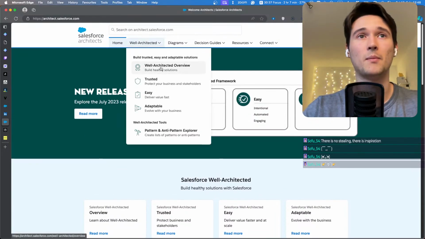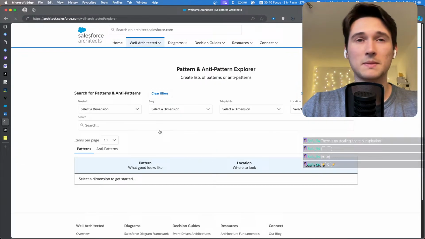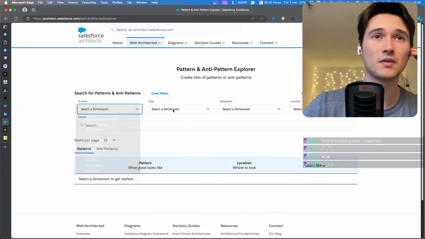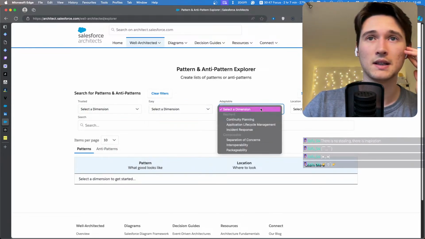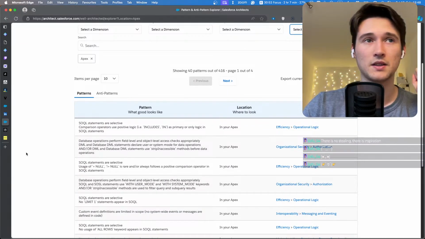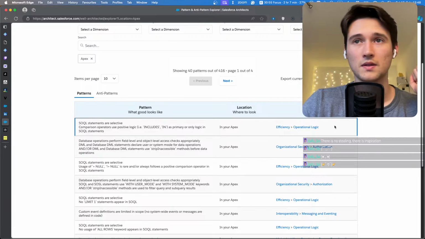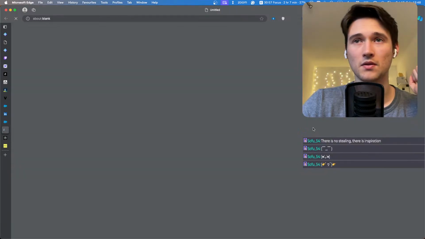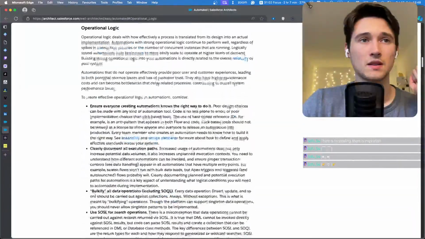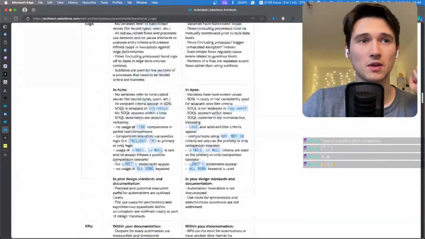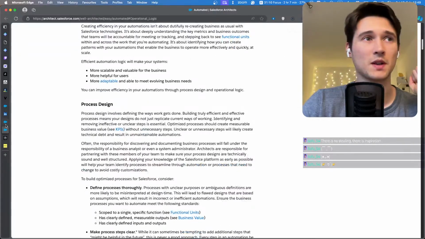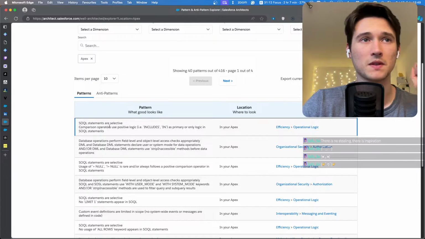And for example, there's pattern and anti-pattern, right? Let's select the dimension. What's the dimension? Apex. Let's select some. Okay, so yeah, let's have a look at this one. So you can see this whole article, what is it about? It's about automated, right? I was expecting something else because I clicked on the so-called statements are selective, but anyway,